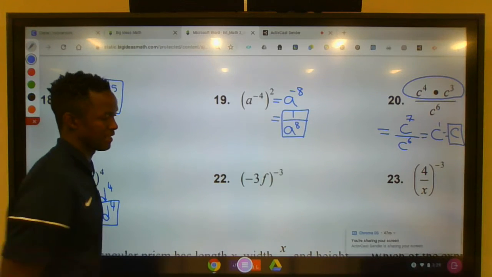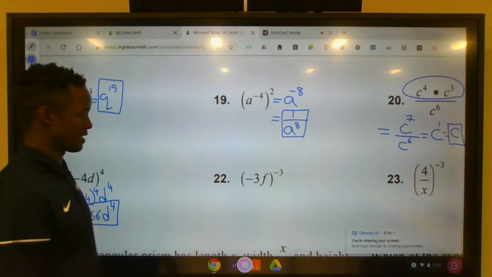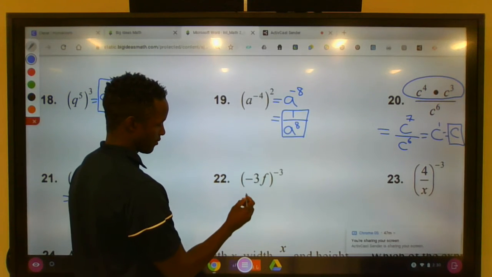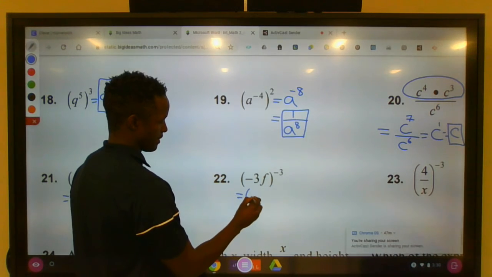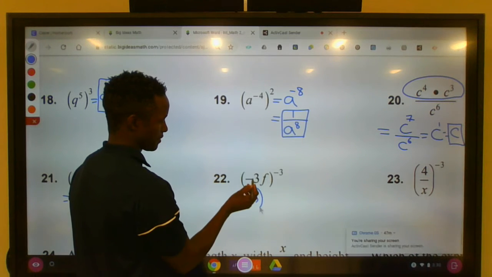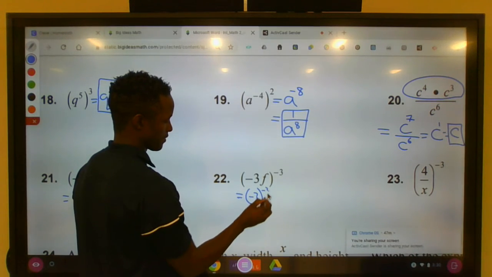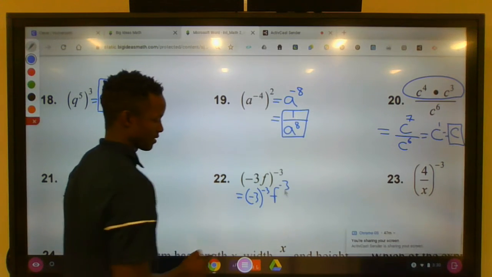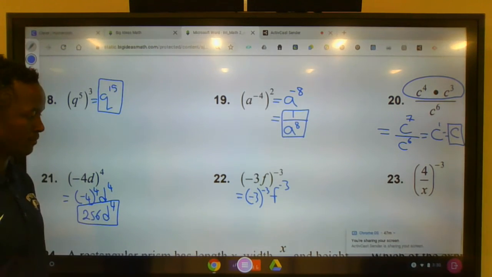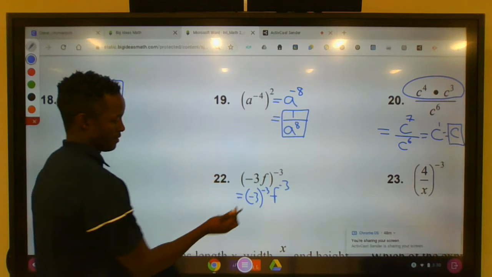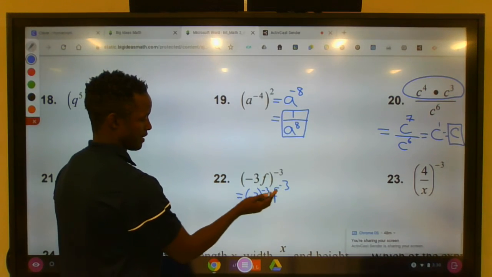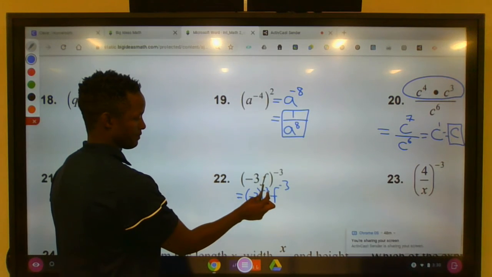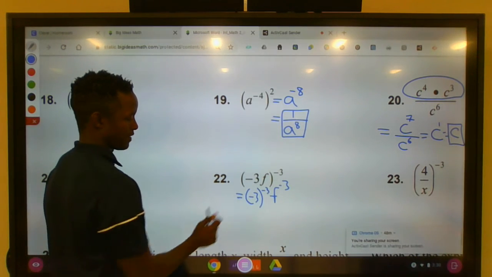The only difference here is we have a negative exponent, so we're going to need to make sure that we leave that with the positive exponent. So let's go ahead and apply this. The first base is going to be to the 3rd, and then f also has an exponent, negative 3. The negative exponent property allows us to write this as a fraction so that these two are at the bottom and have the positive